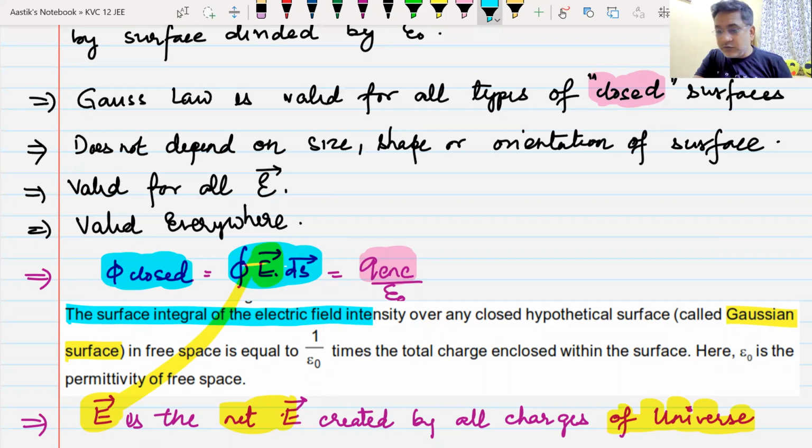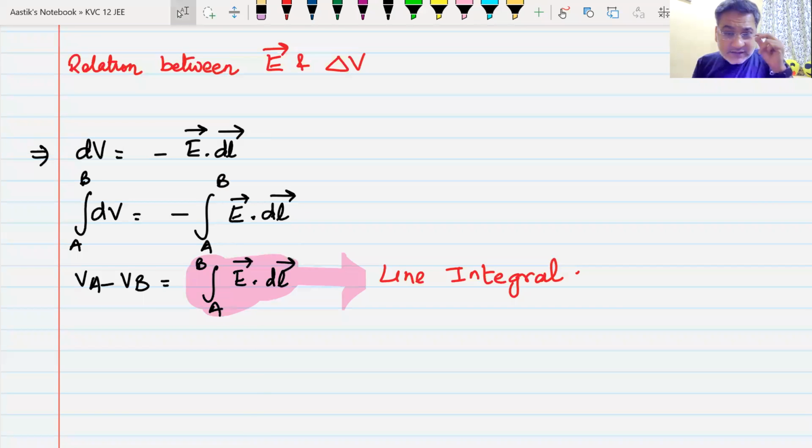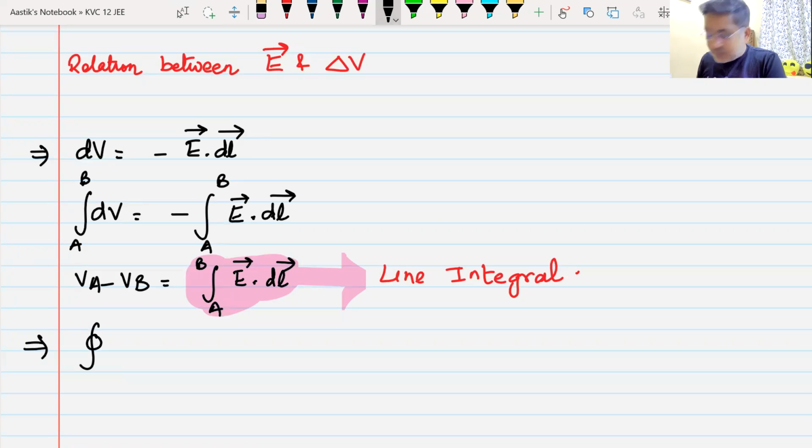And that is what you should remember. The line integral of electric field gives you the potential difference. Surface integral gives you flux. Line integral gives you the potential difference. Do we understand this? Yes, sir. Now, if I put a circle over the line integral,